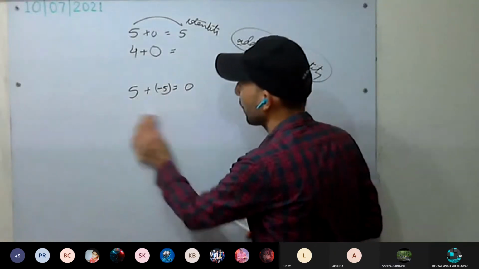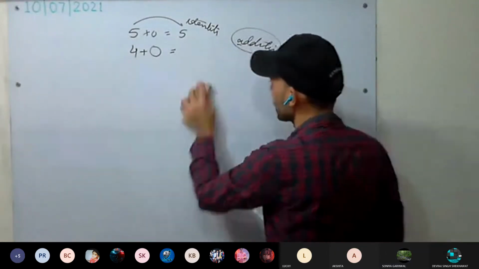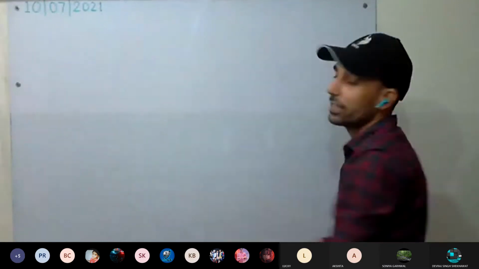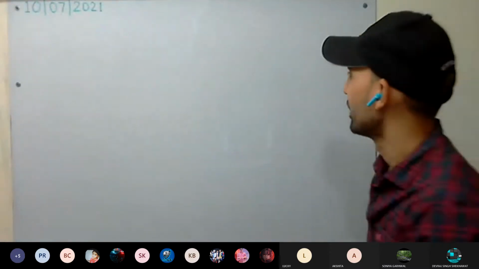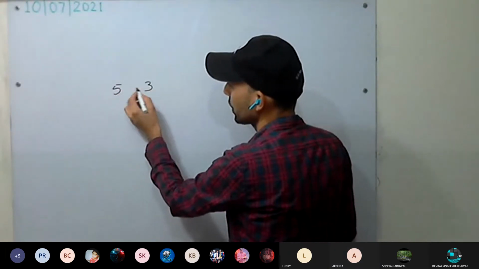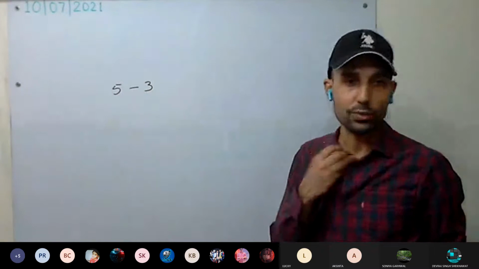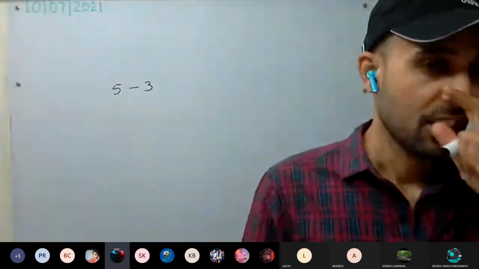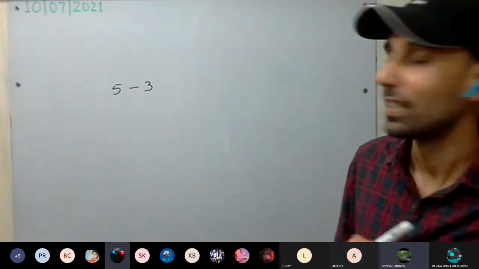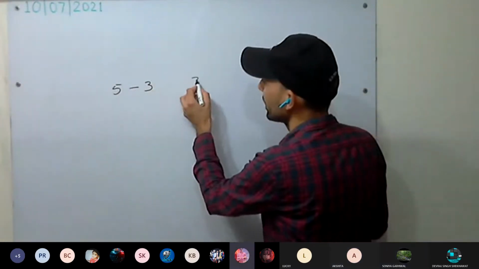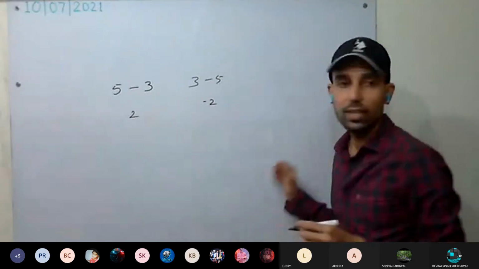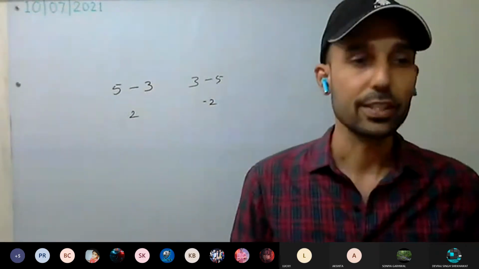So we will discuss properties of addition of rational numbers. Subtraction. Is it closed? Does subtraction follow the closure property? 5 and 3 are two numbers. Yes, sir, we subtract. It is closed. We always have rational numbers. Does it follow the commutative property? No, sir. See here, 5 minus 3 gives 2, 3 minus 5 gives minus 2. It does not follow the commutative property.